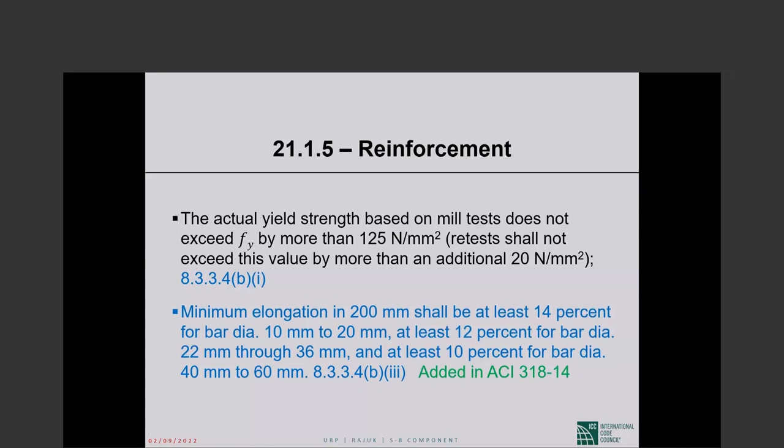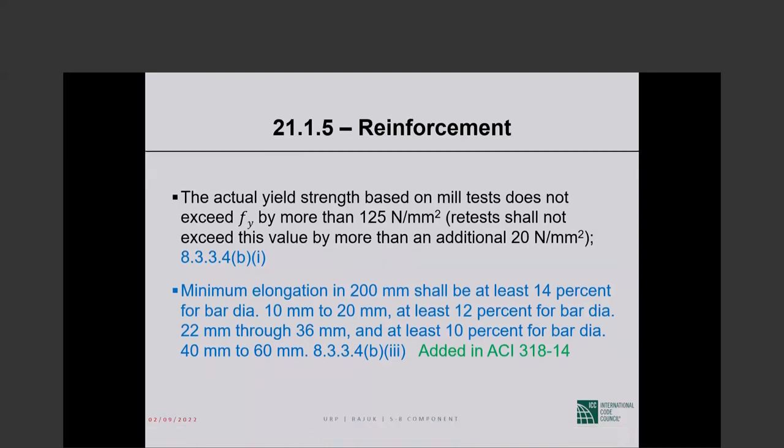So I will say it again, the elongation over an 8-inch gauge length of the A615 bars or the BDS 6935-2 bars shall be the same as the elongation over an 8-inch gauge length of A706 bars. Okay, so that requirement was added to ACI 318 in 2014, but it is in BNBC